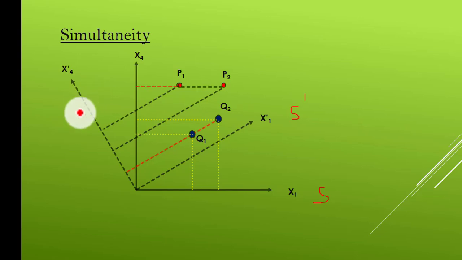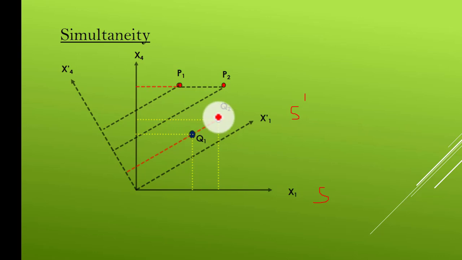So you can see that the events P1 and P2, which were simultaneous in the S frame of reference, are not simultaneous in the S prime frame of reference. Why is it so? Because their time coordinates are different. And since these events are also occurring at 2 different positions in the S frame of reference, if these events were occurring at the same position and same time, then we could say that these events were simultaneous in this frame of reference as well.